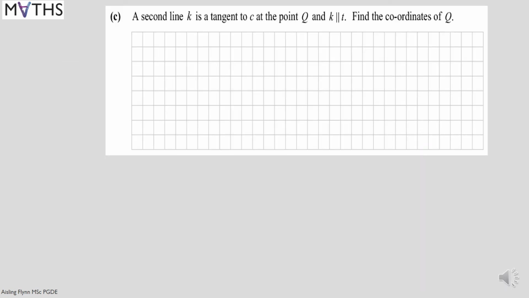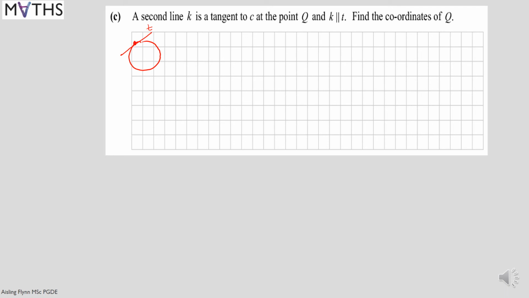So part C says a second line K is a tangent to C at the point Q, and K is parallel to T. Find the coordinates of Q. Alright, so a bit to take in there. How can it be? So let's do a little sketch here. We had a circle, right? We had tangent T,